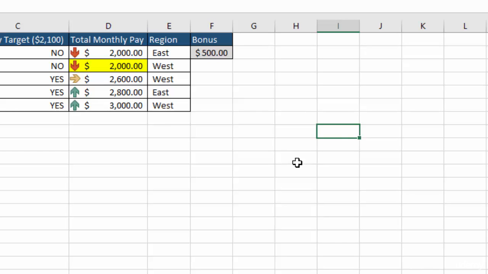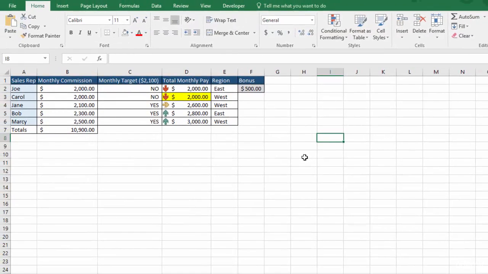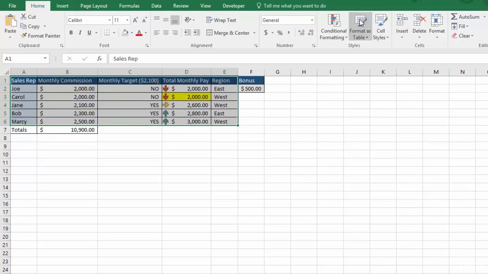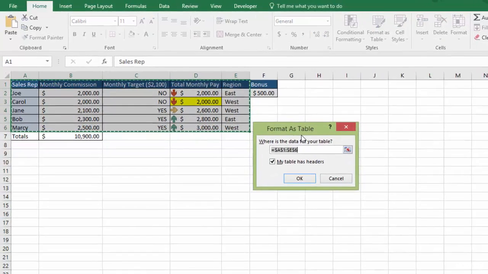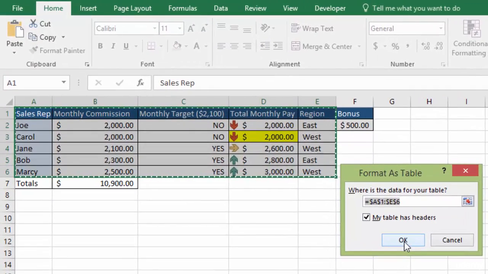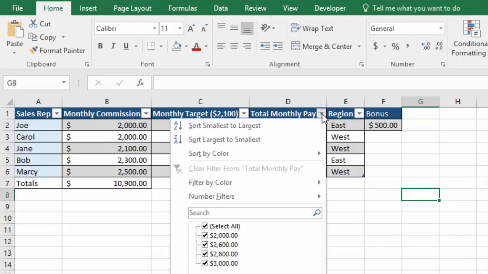And where conditional formatting becomes really valuable is your ability to apply it to the cells to make it visual, but also to sort your data according to that conditional formatting. So for example, I'm going to take this range here and I'm going to turn it into a table. Okay, I'm going to apply some basic formatting to it. Click OK. You can see that it's added these drop down arrows now, and if I go to this, I